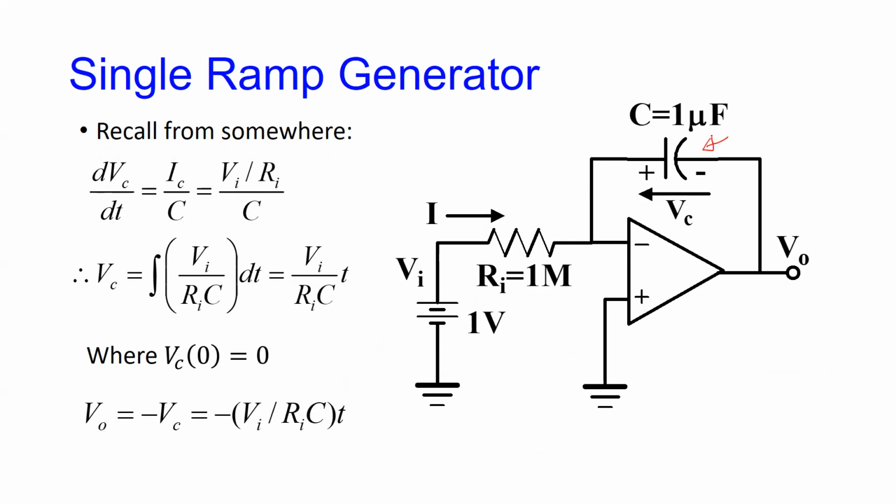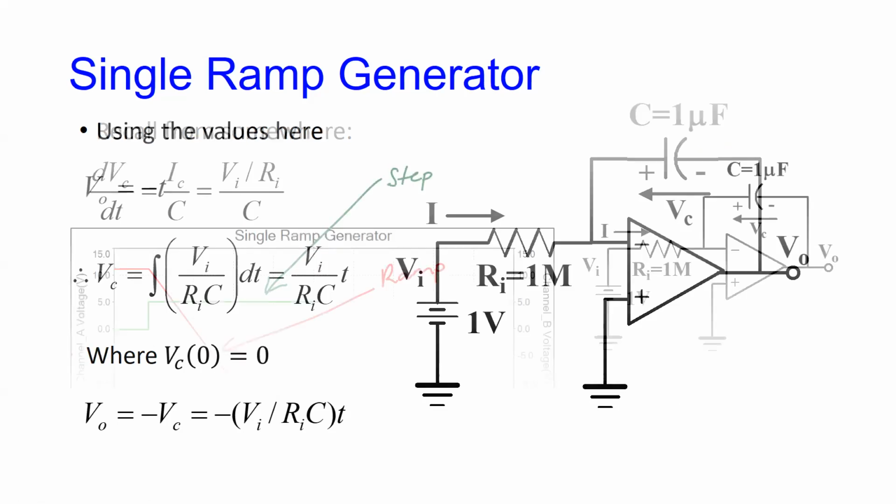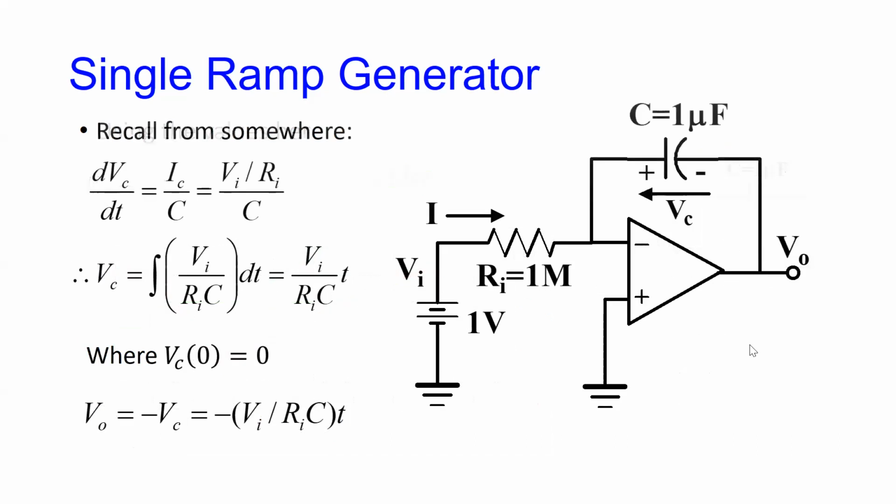And once you put a capacitor in there, if you follow the voltage and current behavior through the capacitor, then eventually you get that the voltage at the output of the device is the integral of the